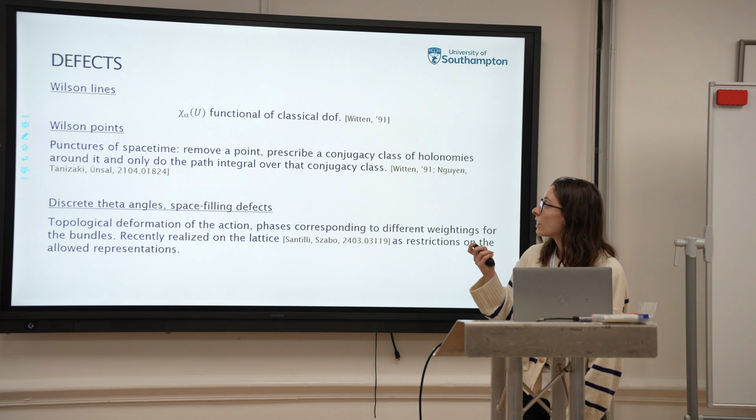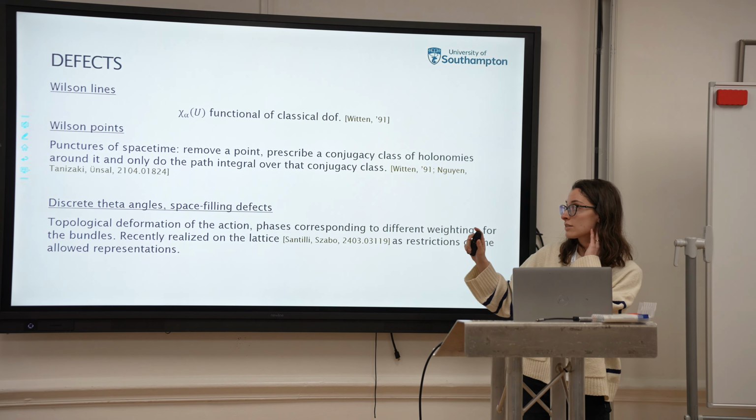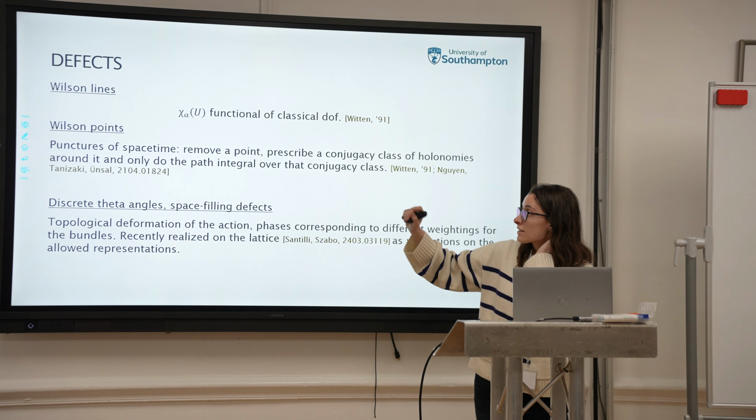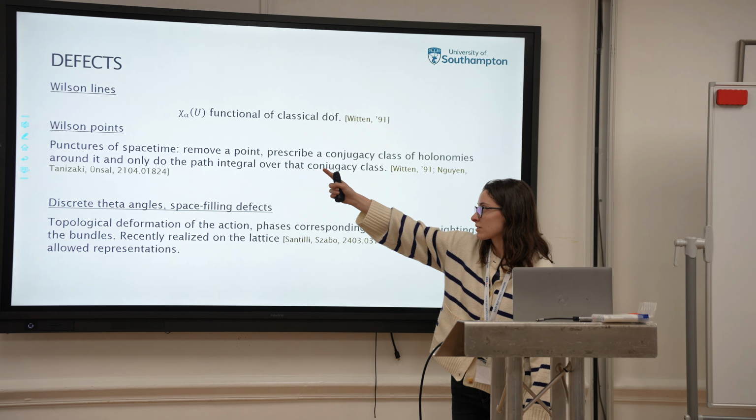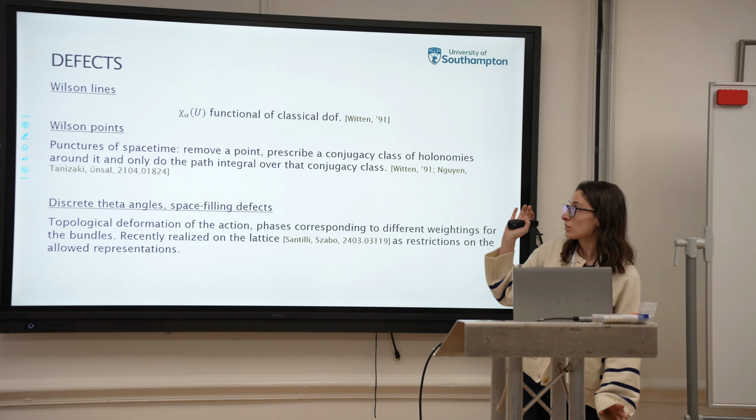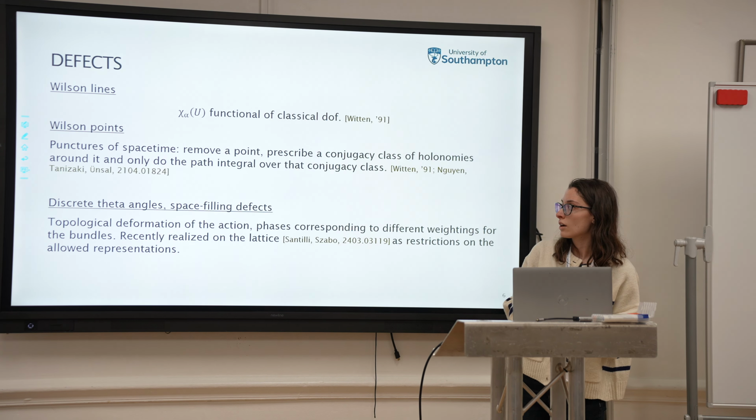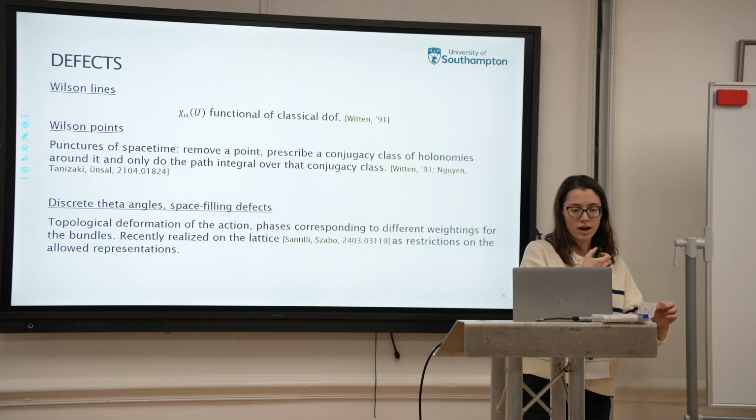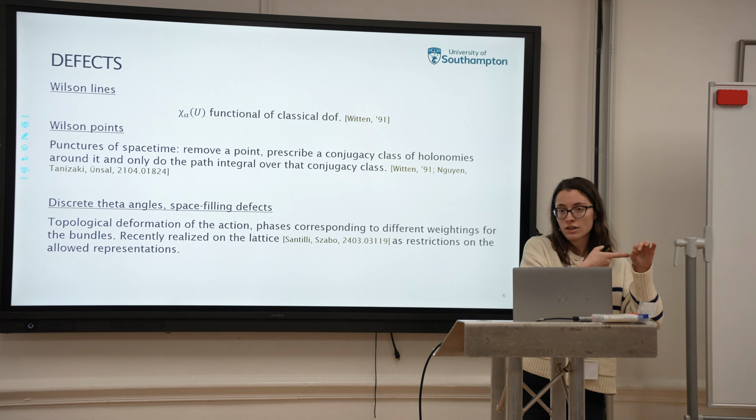Okay. And this was the state of the art as for defects in 2D Yang-Mills when we started our project. In 2D Yang-Mills, we can have Wilson lines, and they are described on the lattice as characters in a representation alpha of the holonomy. So they are described as functionals of the classical degrees of freedom. We also have Wilson points. Wilson points are described as disorder operators. So basically you have to poke out a point of your manifold and then prescribe some boundary condition